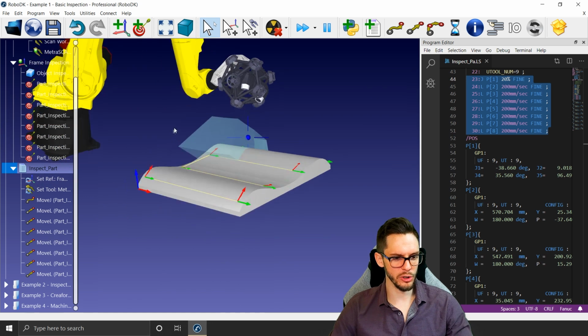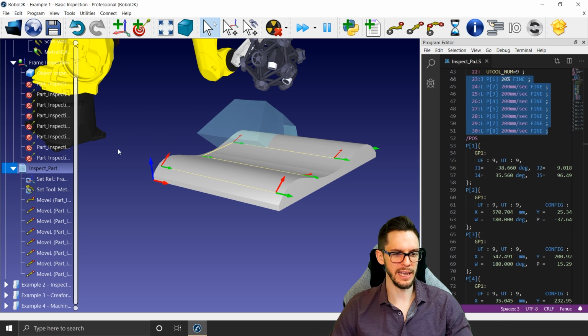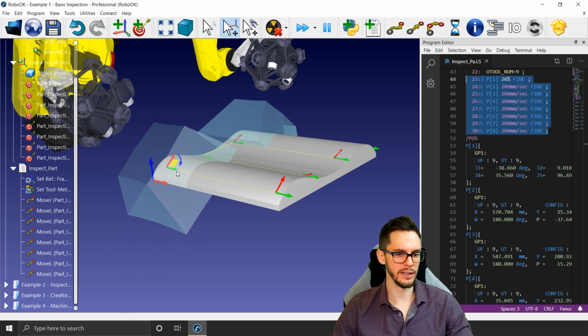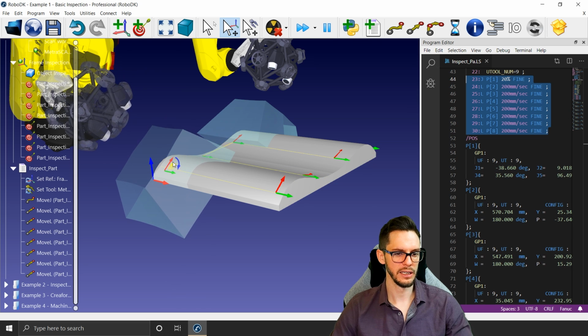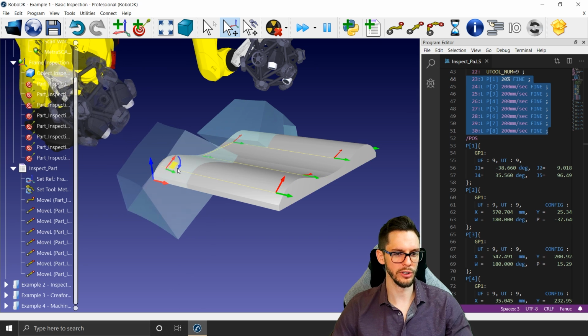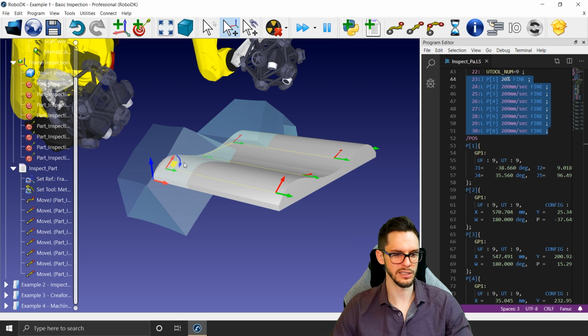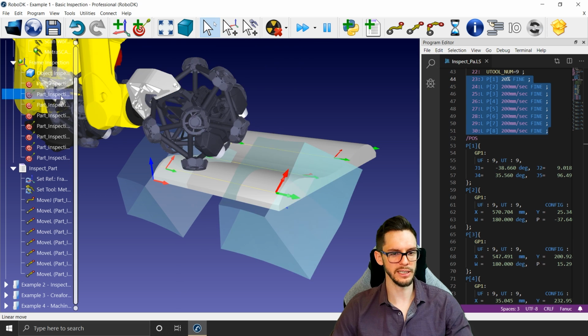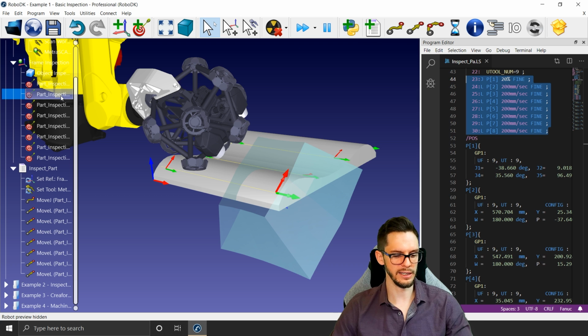Once you created your targets like that, you can modify the position of them either by holding Alt, and just like using the different arrows to modify their position or the orientation. So this is an option to modify the position. Or let's say if I go to the second position like that, I can also